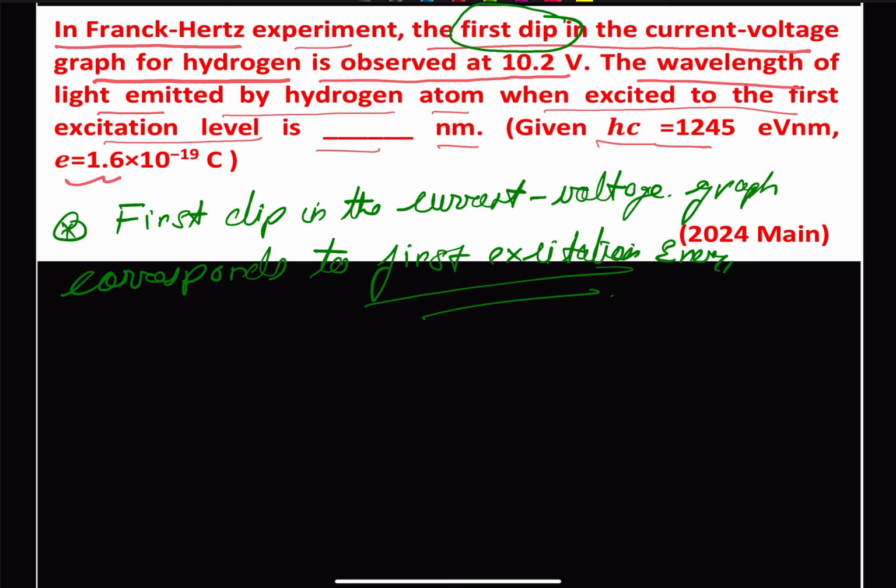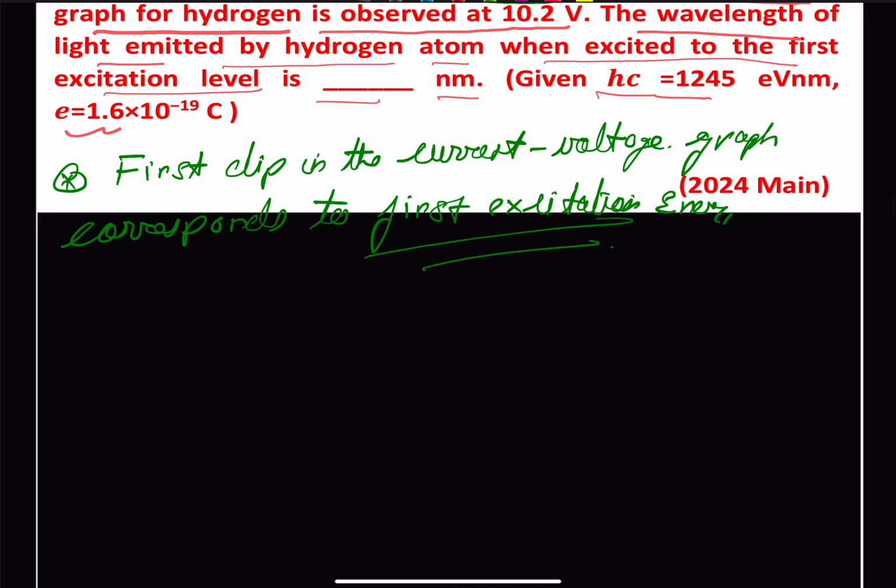It means the first excitation energy is given to us as 10.2 volt, and therefore we can say our first excitation energy,